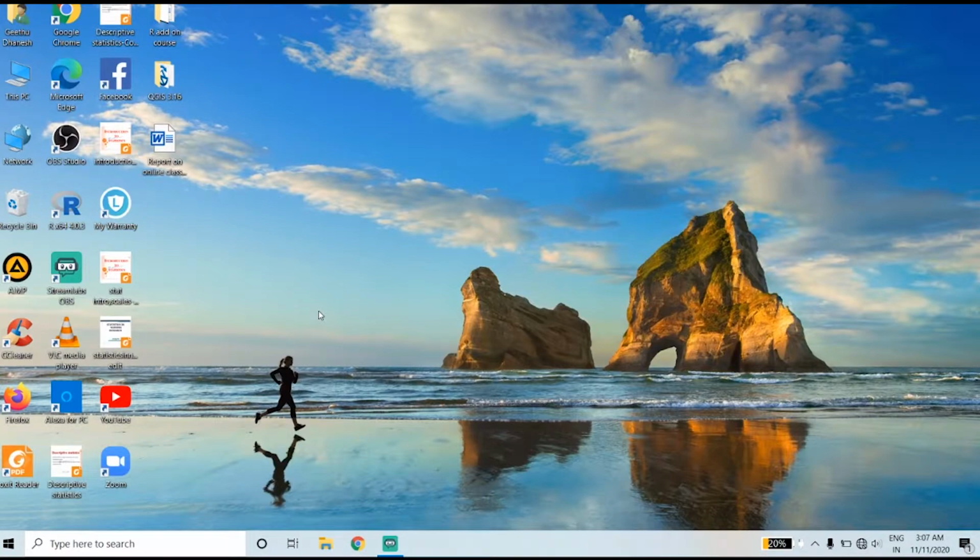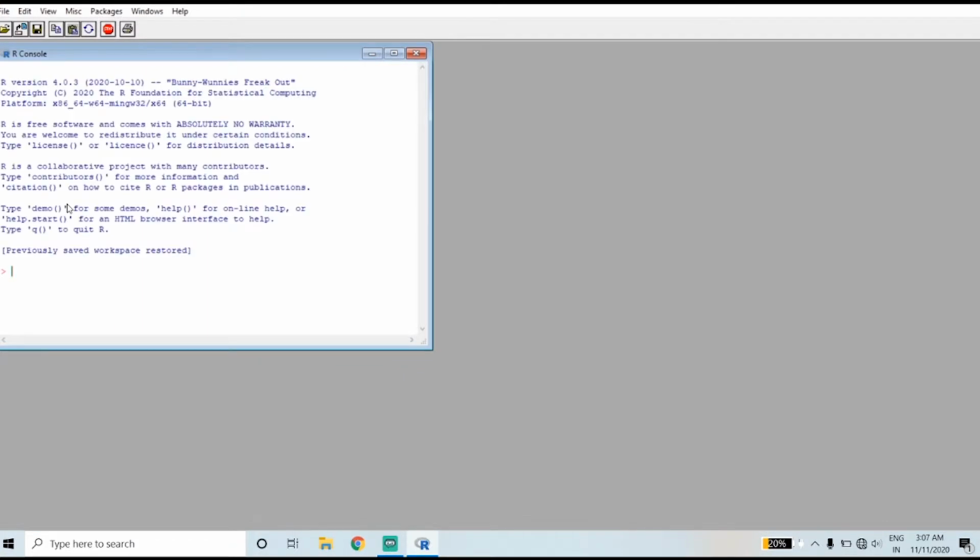Today, we are going to learn basics in R. When R is installed properly, you will see R icon on your desktop. Click on R icon to start R. This dialog box is called R console. Here, the latest version is given and various descriptions. If R is ready to accept command, you can see the prompt sign. This greater than symbol is called prompt.